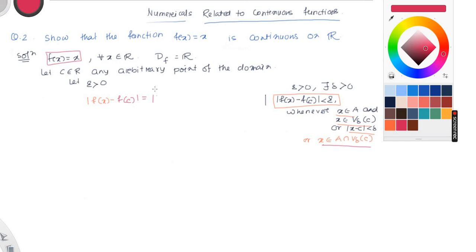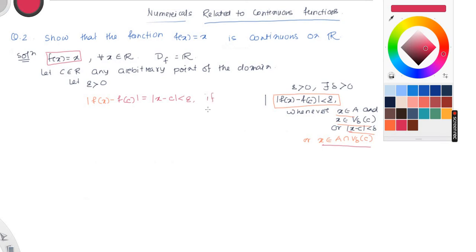So by the definition of the function, in place of f of x we write x and in place of f of c we write c. Now see, whenever mod of x minus c is less than delta, we need to show f of x minus f of c less than epsilon. Here we get mod of f of x minus f of c equal to mod of x minus c,